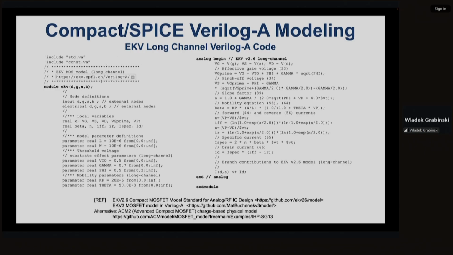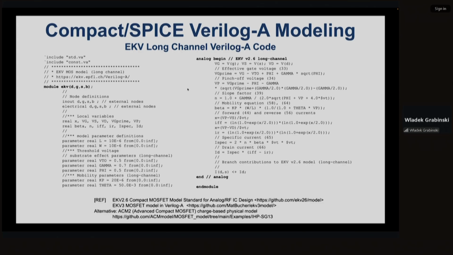This is just one slide where I'm introducing AKV long channel Verilog model code. And if you are familiar with other programming languages, switching to Verilog is a simple task. You see all basic variable definition, main blocks where you're entering analytical expression to model your devices.